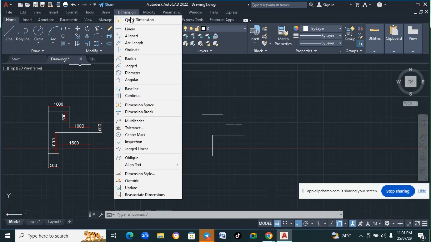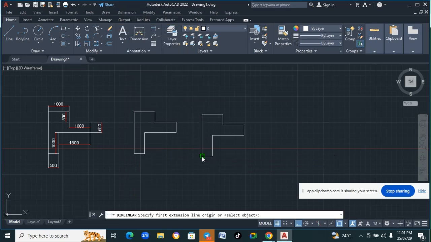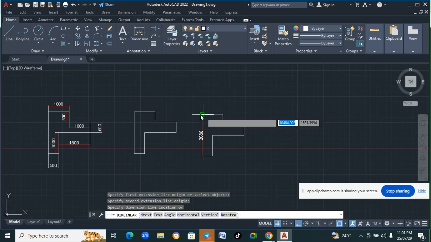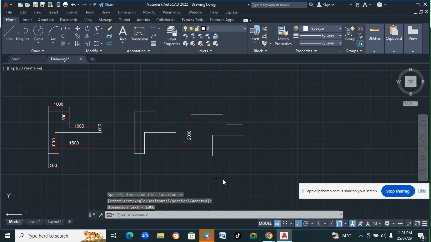If you want to check, we can just draw the dimension line, and you see it is exactly 2000. So this is just how to draw